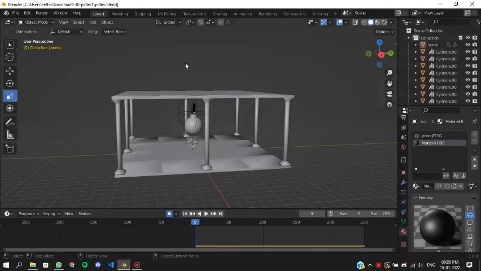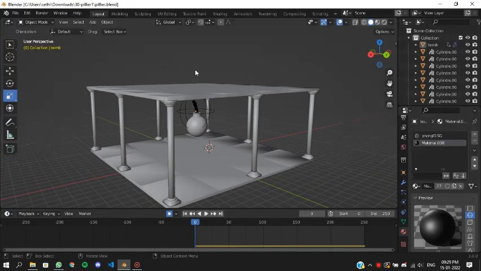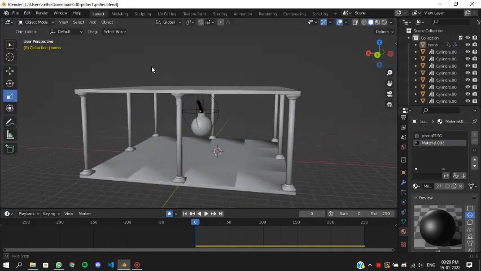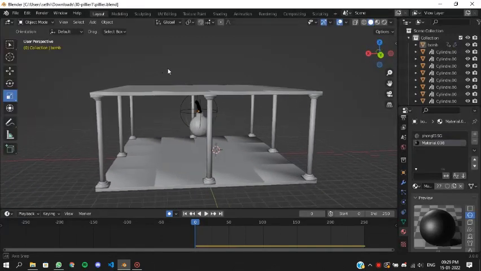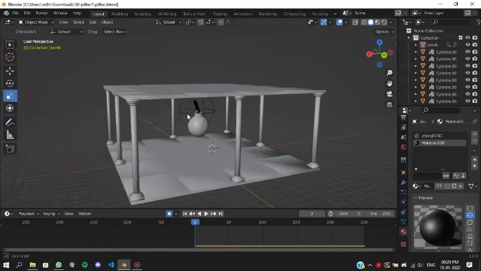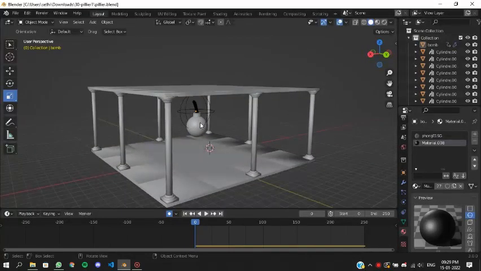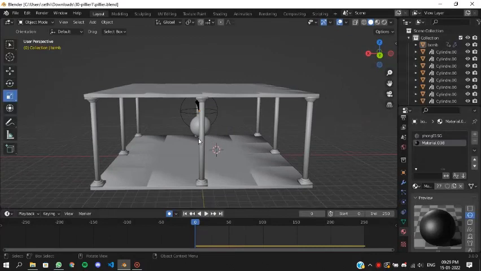This is the project which I created yesterday, and it basically consists of pillars and a bomb in the middle. What this bomb will do is explode itself and destroy the whole construction around it. This construction layout has been created using simple 3D structures. These include cylinders, spheres, cubes and many more.